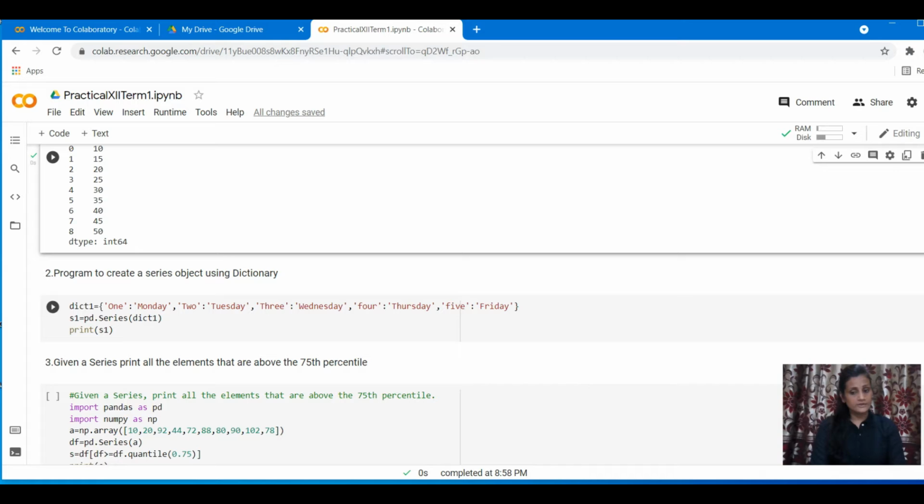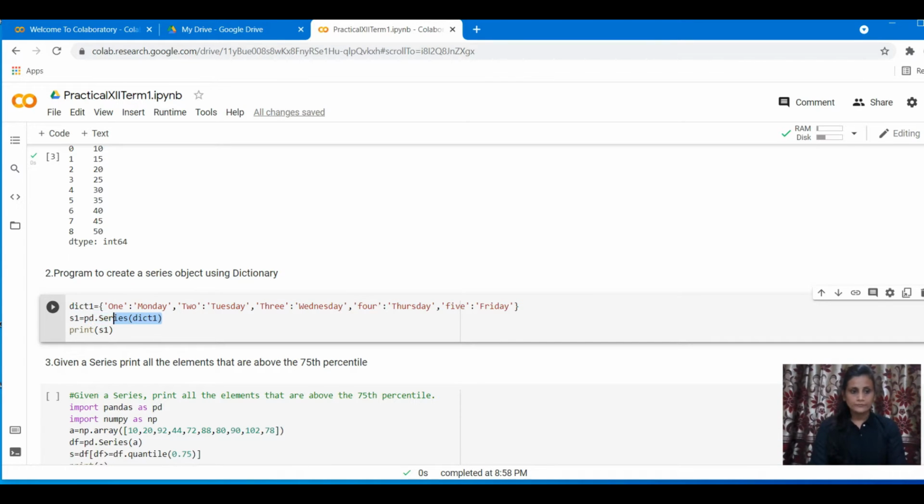Last year you already learned how to create a dictionary, but this is what I'm showing here. dict1: key value, comma, key value, comma, key value. What is the key in the first case? '1', we are taking a string, and Monday is the value. Key 2, Tuesday is the value. 3, Wednesday. 4, Thursday. 5, Friday. Like this, we have created this dictionary.